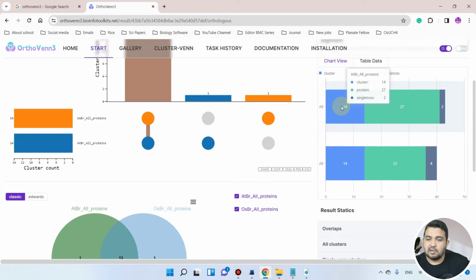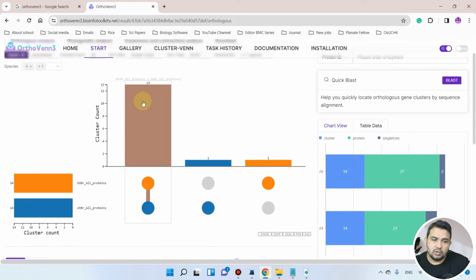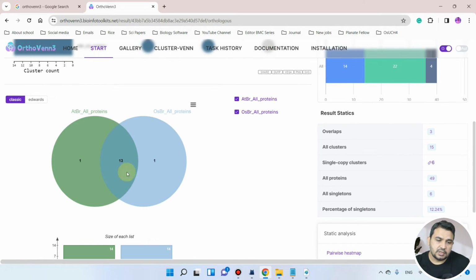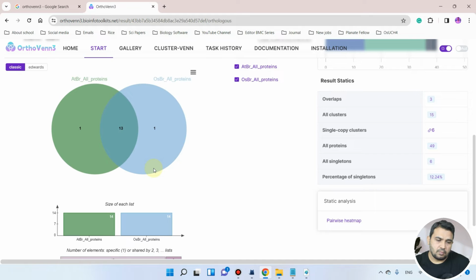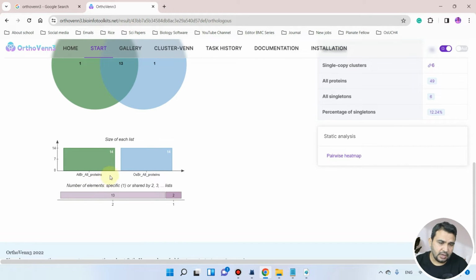Here we have 14 clusters, and among them, 13 are common between rice and Arabidopsis. Here we have 13 groups, one belonging to the Arabidopsis genome and one belonging to the rice genome. It is also showing the same results. The number of elements specific to both species is 13, and there were two sets belonging to only one species each.